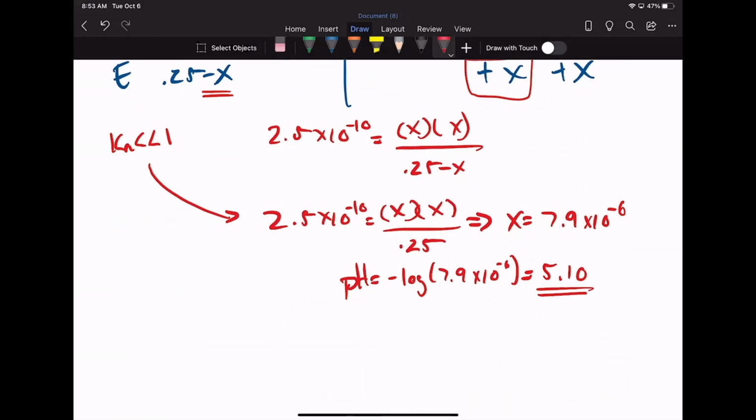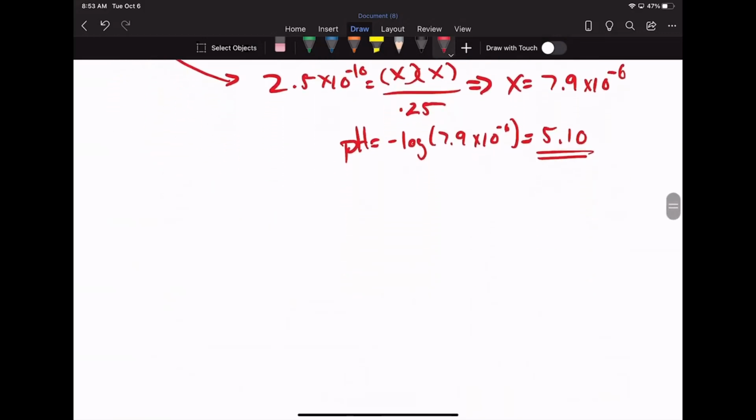Oh, let's see, what else do we have here? More ice tables. Definitely more ice tables. All right, so when we're looking at the Ka,